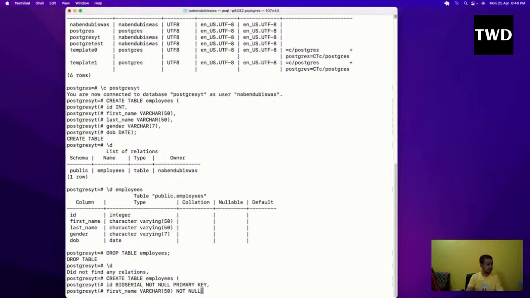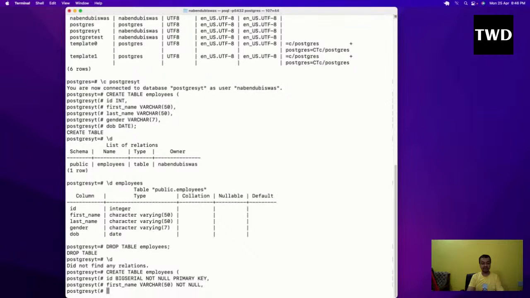What does this not null constraint mean? When you're inserting a new row, we have to insert something. You cannot insert any null value in it. We cannot leave it blank. Okay, last name is varchar 50 and not null, comma, and